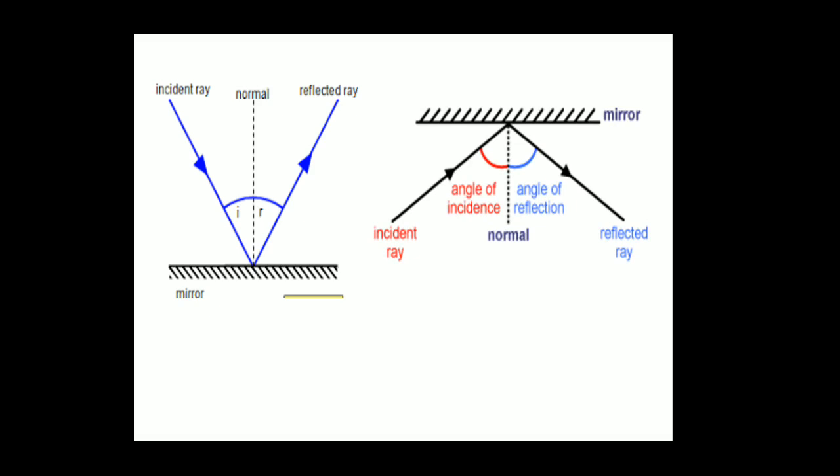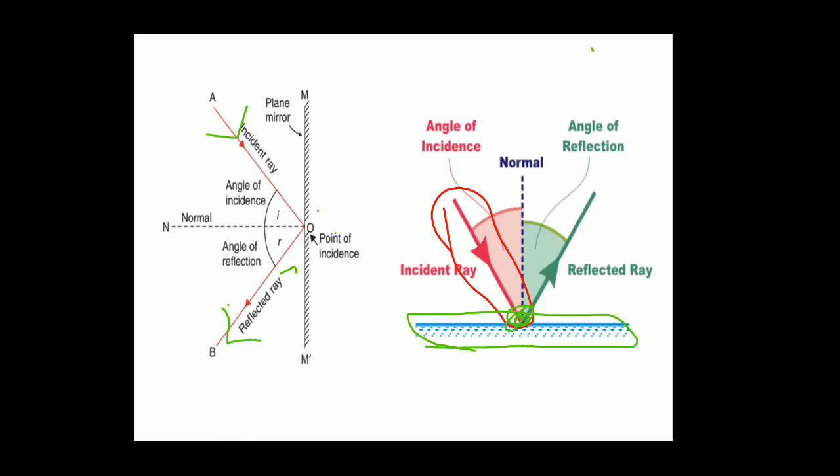So now the second question: should I write top to bottom? Can I write from bottom to top? You can, both the diagrams. This one has the reflecting surface at the top, and here the reflecting surface is at the bottom. Any manner you can represent, whichever is convenient for you. You can represent it this way, or like this also, any method.